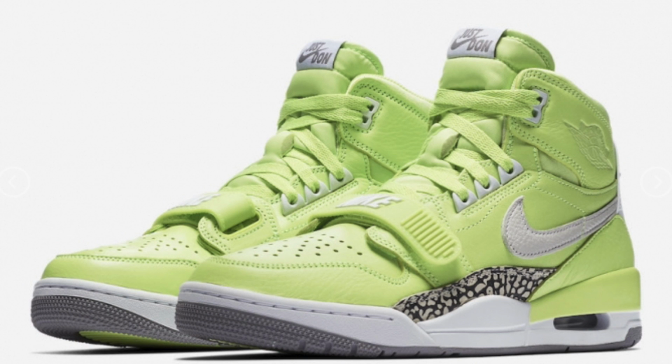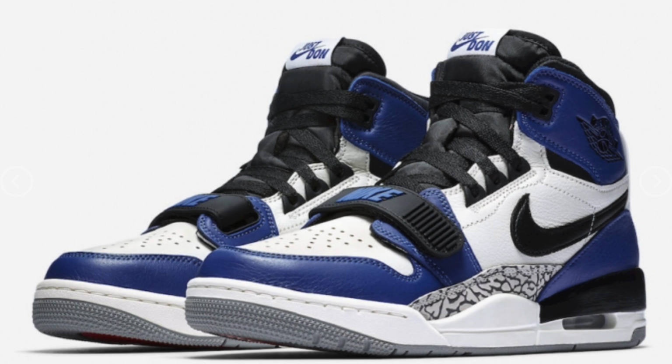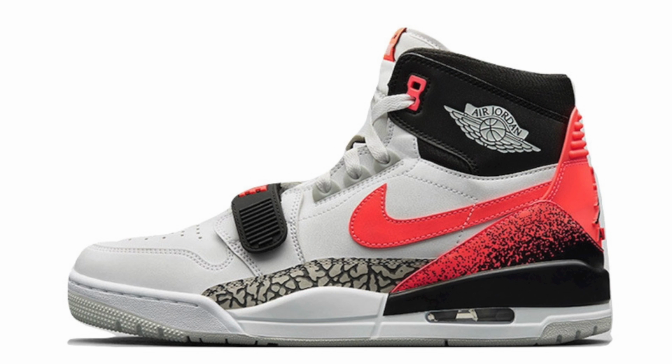Now this next shoe I'm gonna be talking about comes in 5 colorways, and this shoe is the Jordan Legacy 312. So Chicago native and designer Don C has teamed up with the Jordan brand once again. The Jordan Legacy 312, paying tribute to the city and Michael Jordan. The name references the 312 area code of the city, so there's a mixture between the Air Jordan 1 and